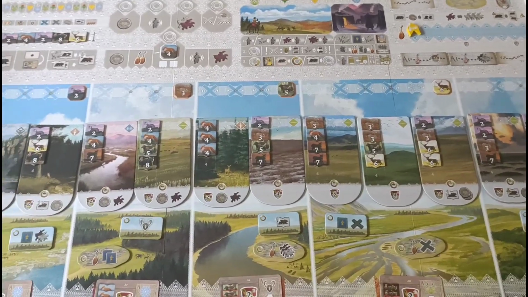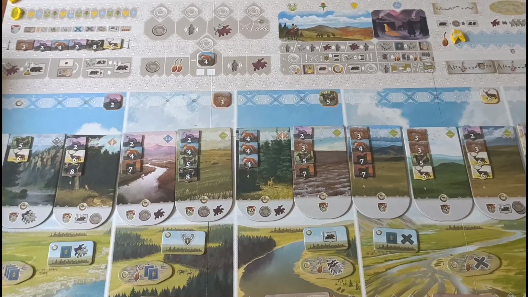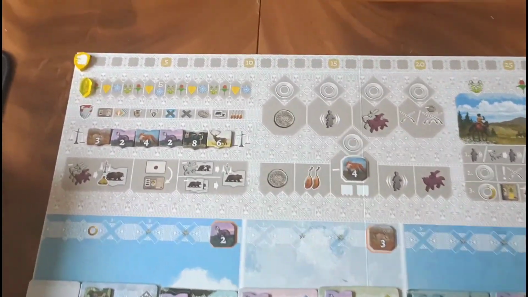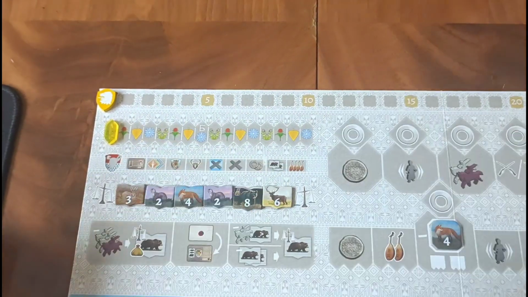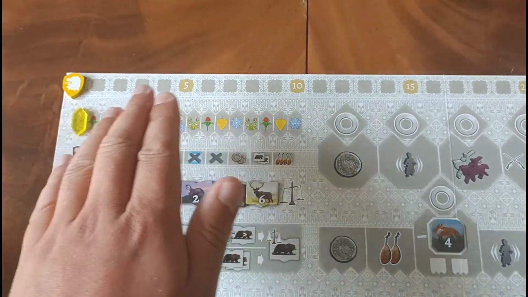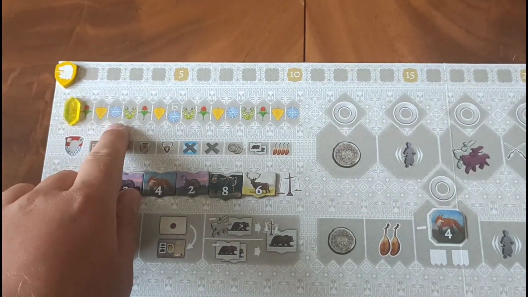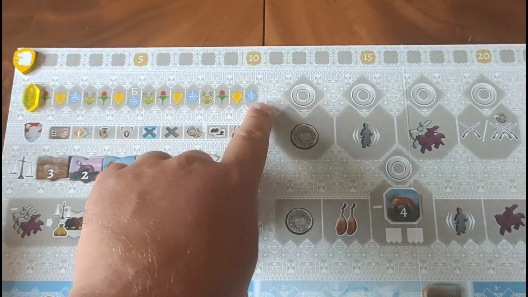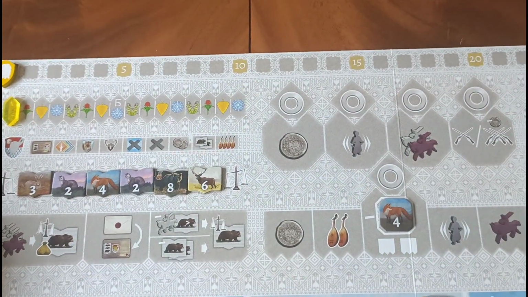Okay, so the main board for Stroganov is going to look like this, and at first this might look somewhat intimidating, but it's not too bad if you break things down. So at the top, going across here, is the scoring track, and below that we have the round structure. So you're going to be playing 4 rounds, each represented by a different season, and the winter phase is going to be somewhat of an admin phase,